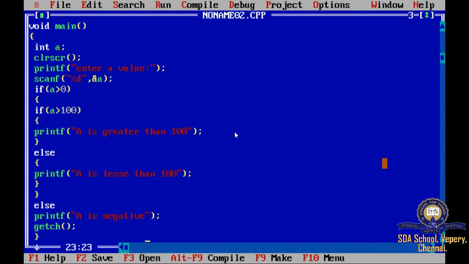Okay. So what are the example programs we have seen: simple if else, and if else if, and this is your nested if. So this is the first if, and if the second if is satisfied, it will be printing this, or else it will be printing the else part. On the whole, if both conditions are not satisfied, it will be printing A is negative. Okay.